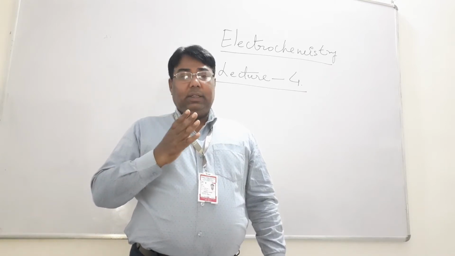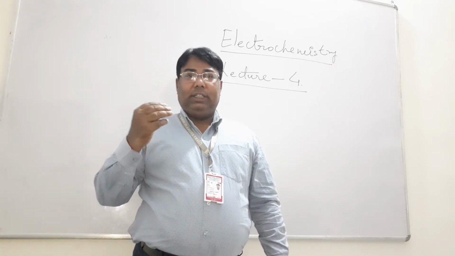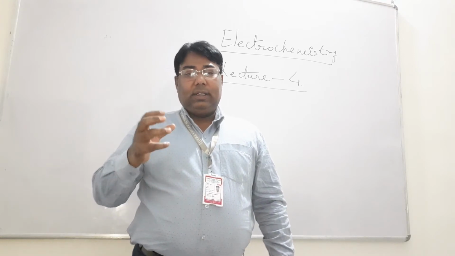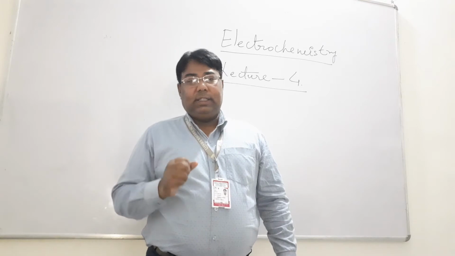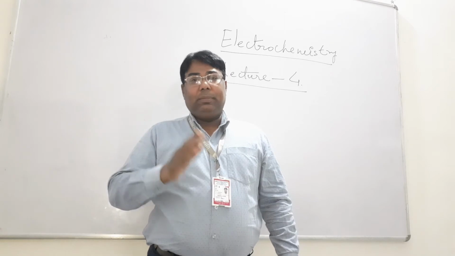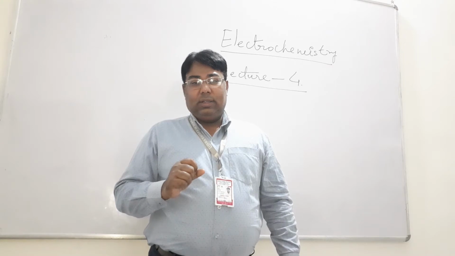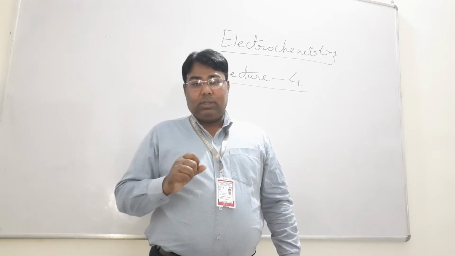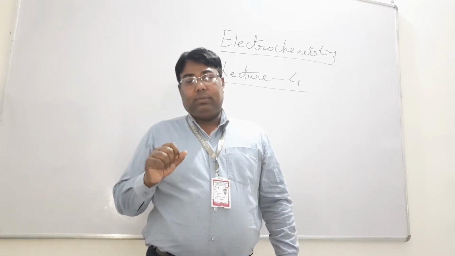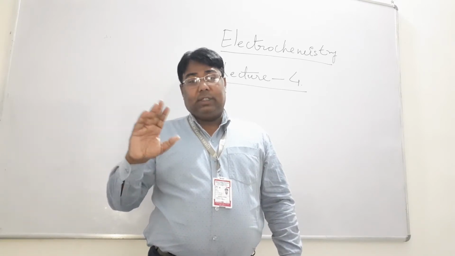The zinc rod and copper rod are connected with a galvanometer to detect the flow of electricity. This is the construction model of the galvanic cell, all of you understand. In these two chambers, oxidation and reduction take place separately. From the anode, electrons are released, and in the opposite direction, current will flow. An electrode potential develops in these two half cells.